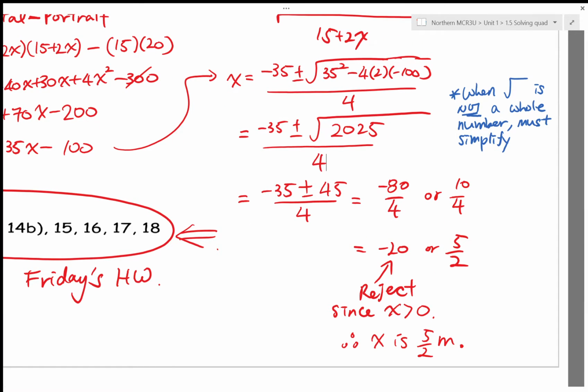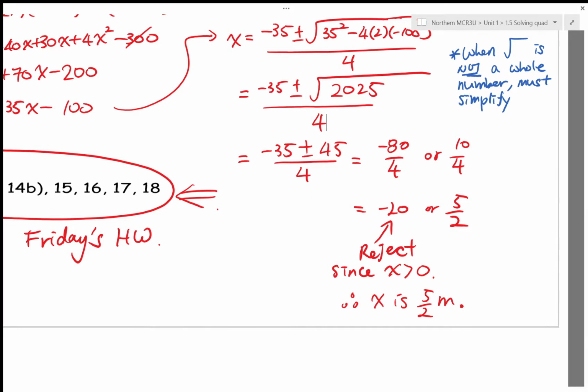In this case, we have to reject the negative 20. Here you have to think a bit, and you have to be very careful. So I want you to pause the video and think about why we have to reject the negative 20. It's quite simple. The reason we have to reject the negative 20 is because x here represents the